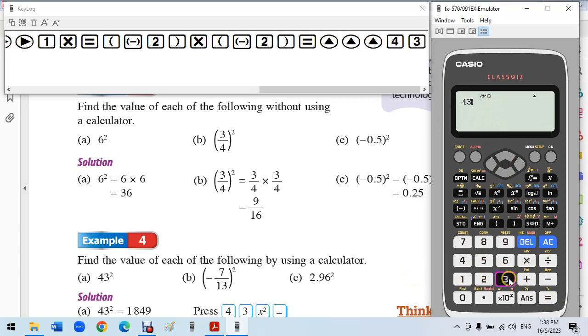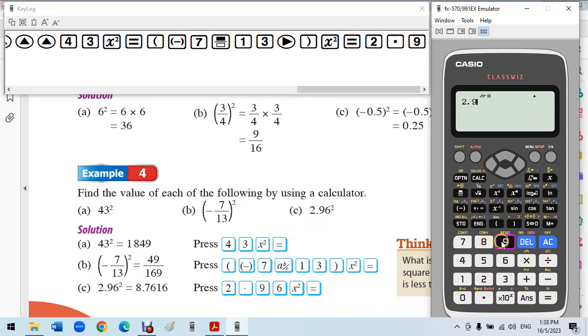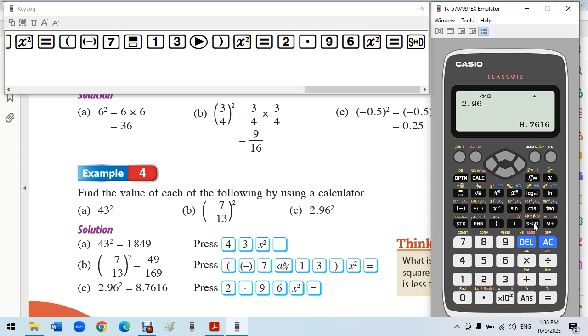So 43 square, and then we have this one, negative 7/13 square. Okay, so it returns a fraction, 2.96 square. With one decimal, we press SD. Okay,